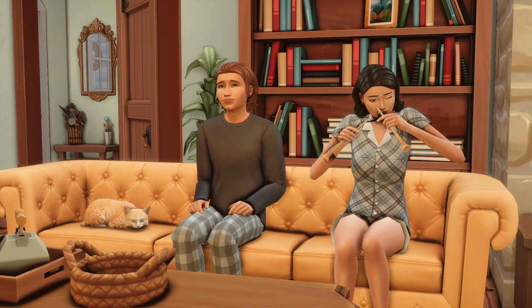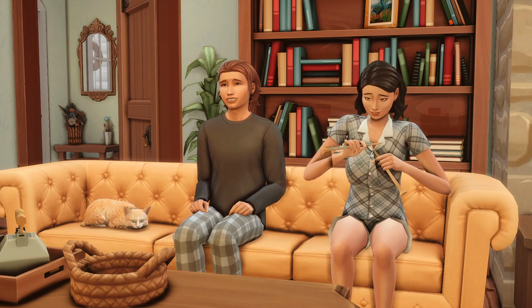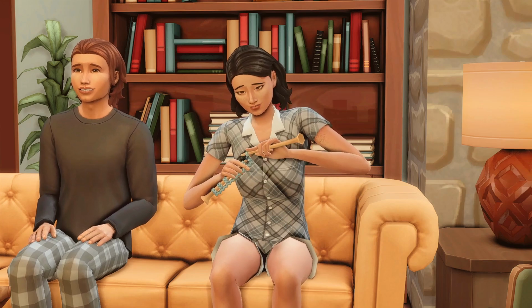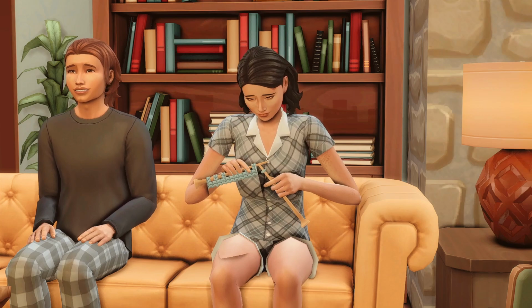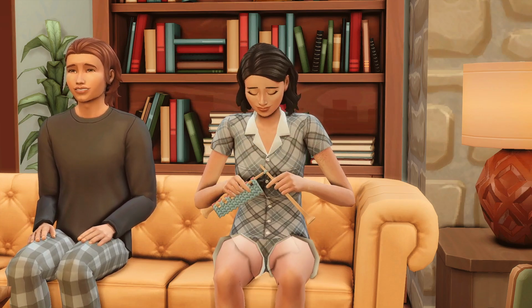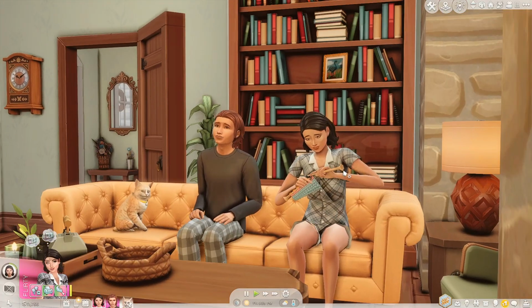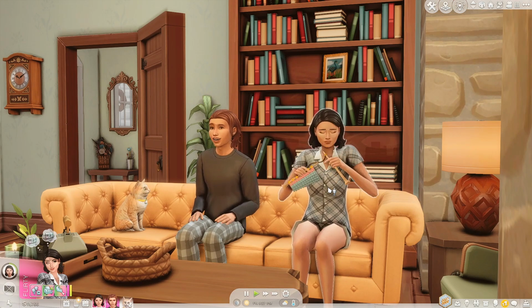So they're going to sit down and enjoy their evening, watch some TV before they do head to sleep. Myra is also currently knitting some bunny outfits for the bunnies to wear around the farm. I don't know if that will be possible. I don't know if they'll actually be able to wear them or not, but she's knitting them probably ready for the autumn time because it will be autumn very soon. So I think she's getting ready all of the cute cozy animal wear for them all to wear around the